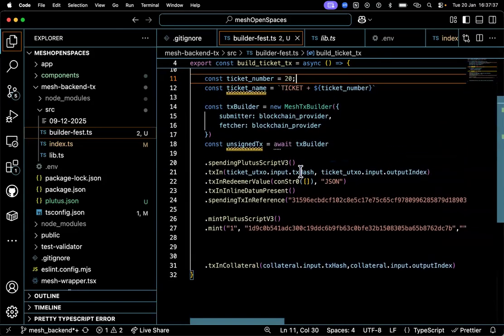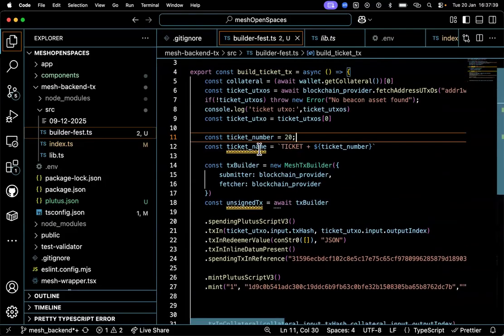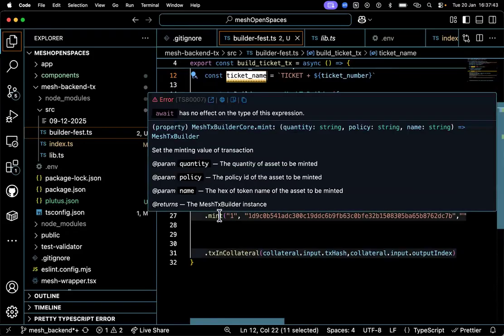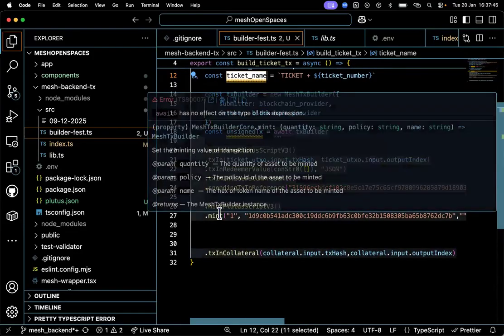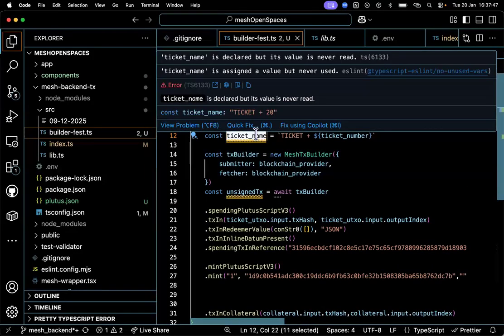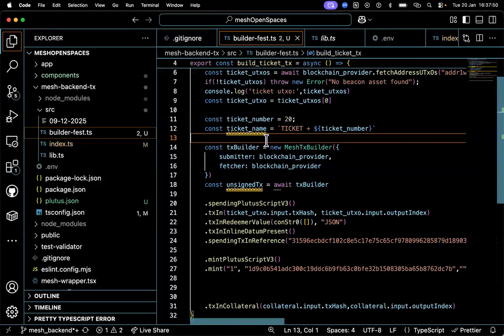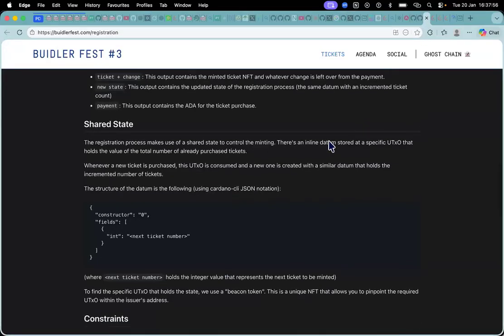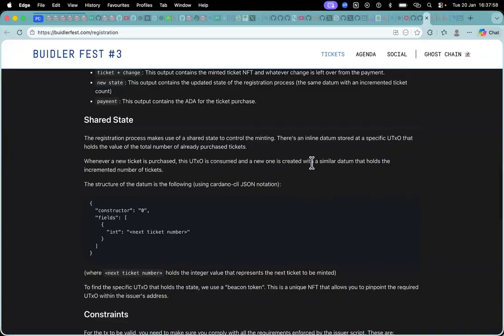Why I want us to get this ticket name is because of the NFT we want to mint. That is the asset name we want to mint into our own address.